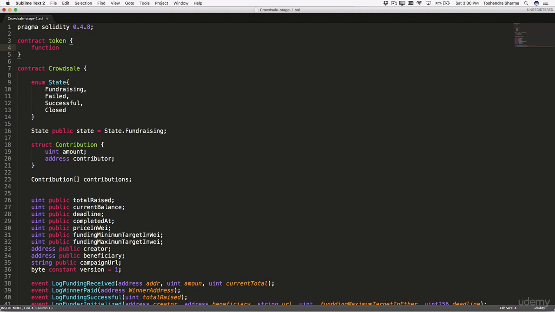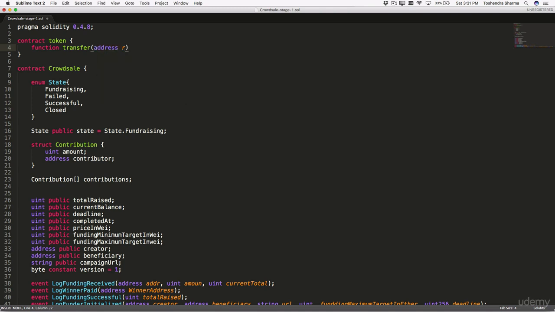That will be the abstract function, right? We just want to define the definition of the function, not the body, and then we will associate the address of the previously created token into this very variable. Let me show you how it works so you'll understand it. If you're not able to understand it right now, it's okay, you can go ahead and you'll understand it later, right? So it's like this: transfer, the same definition that we created earlier,